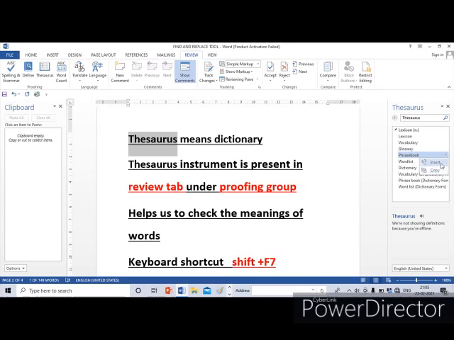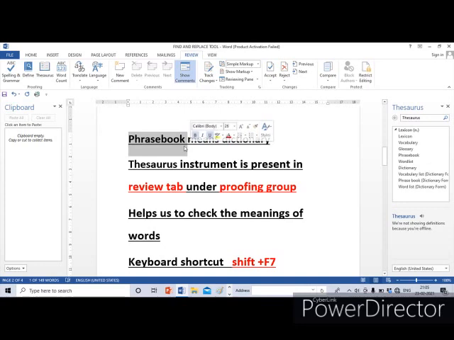Actually, the insert option is used to what? Insert will replace the highlighted word in the main document. When we click the insert option, that is automatically replaced in the main document. If I select insert, what will happen? See, thesaurus is turned to phrase book.